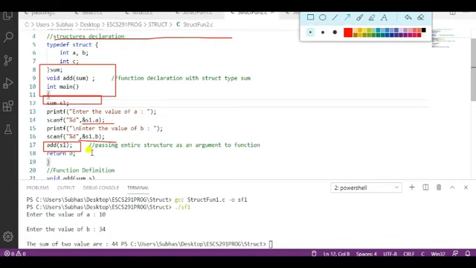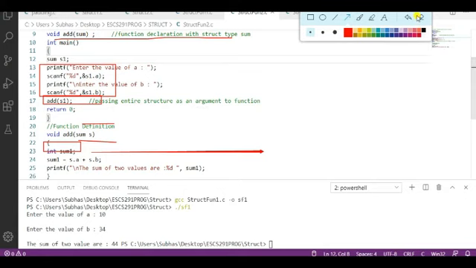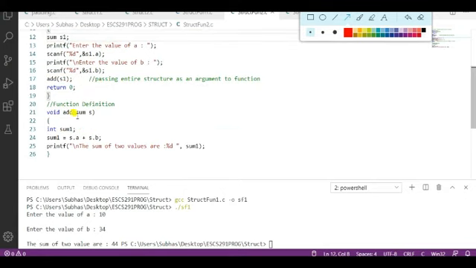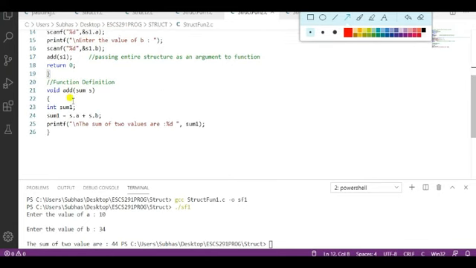Now look at the function definition. It is simple. The name of the function is add, and it is doing the same thing, only sum is the structure variable.